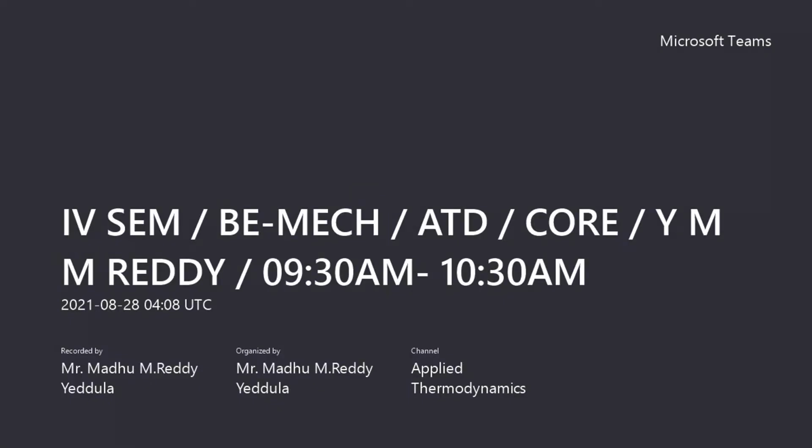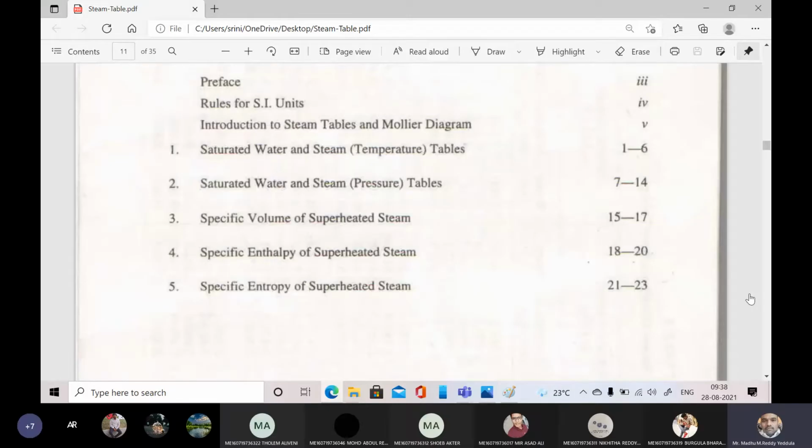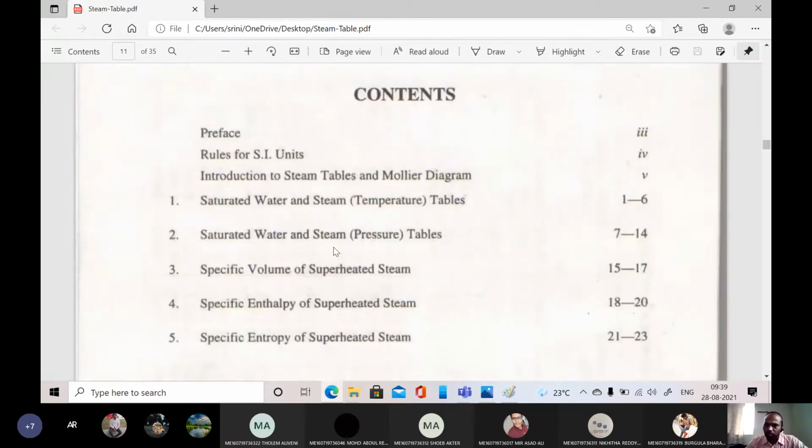The steam's corresponding enthalpy, entropy, and specific volume can be noted by referring to the second table, right? And if we have steam in superheated condition, then tables 3, 4, and 5 can be used. I can say the first and second tables are for saturated steam, and the third, fourth, and fifth are for superheated steam. Okay, right. Tables 1 and 2 are the same.